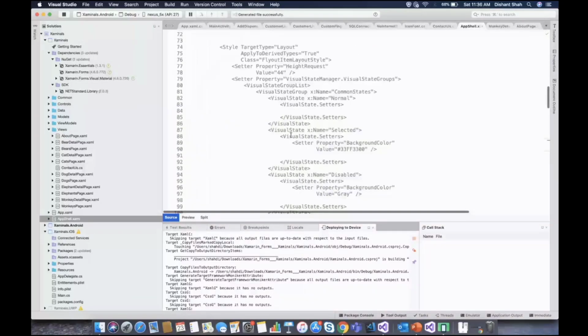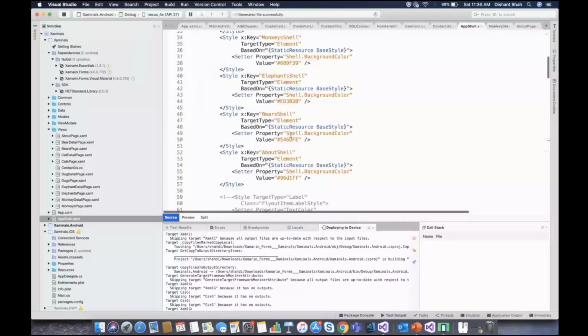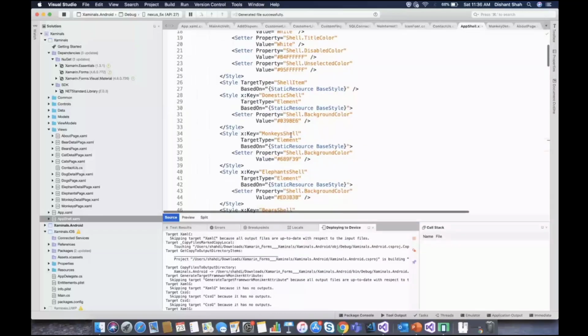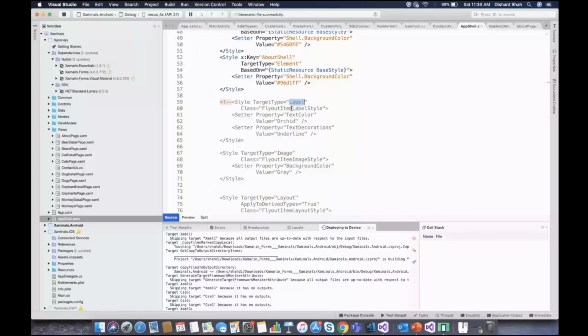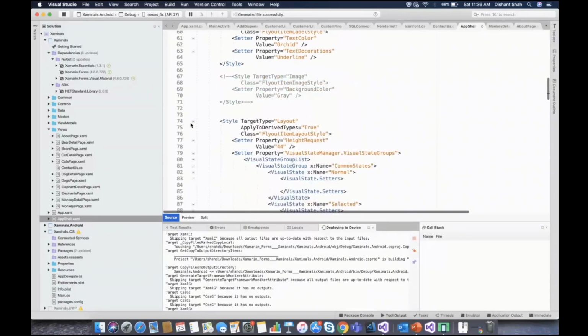So let's first go with the label style. I have this flyout item label style, so let me just uncomment this. With this style, what I am achieving is that I want to change my text color and my text decoration. In case you want to just do that, you can add this flyout item label style. Let me comment the other styles right now, which we'll discuss later on.